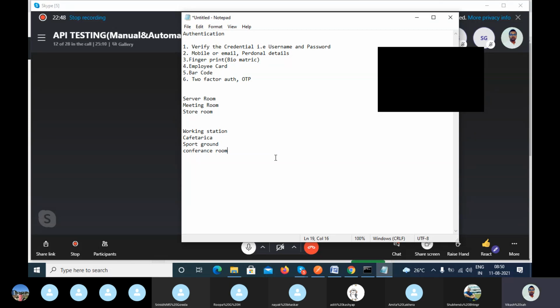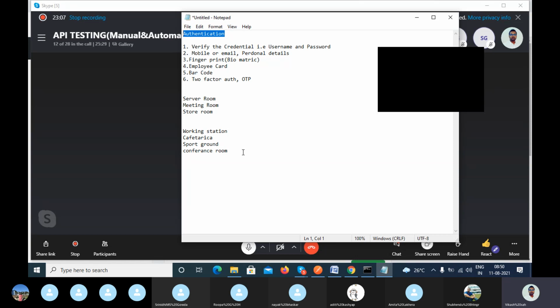You are the visitor. What you are doing at the entry gate, the guard will provide you the visitor card, right? So you are able to authenticate, you can enter the office, right?